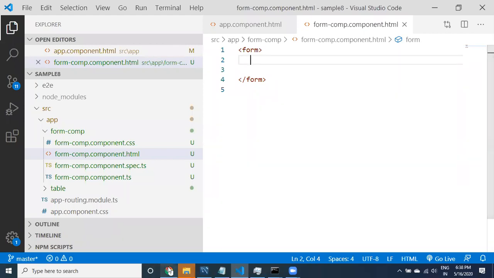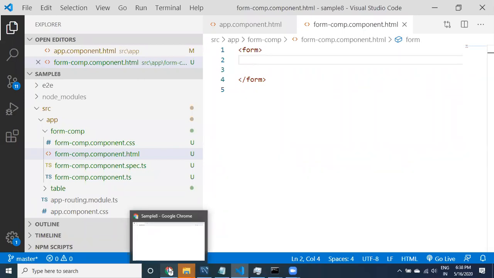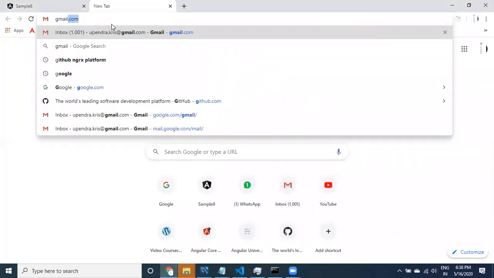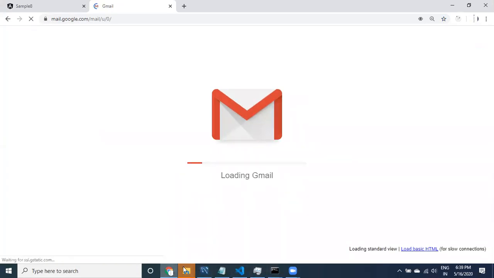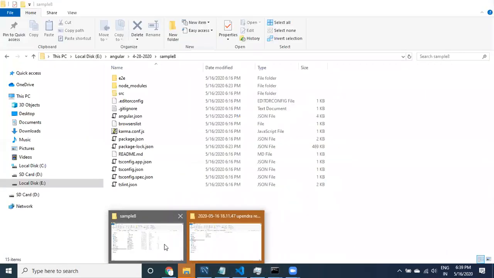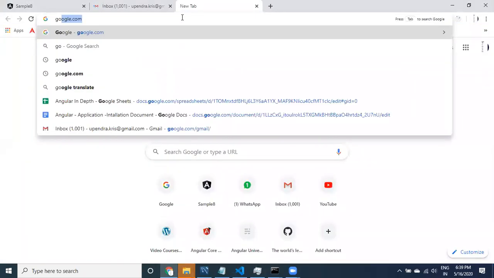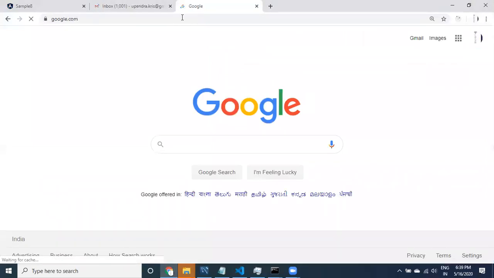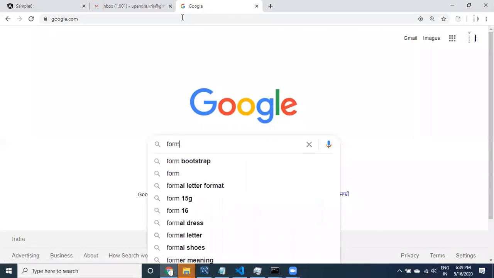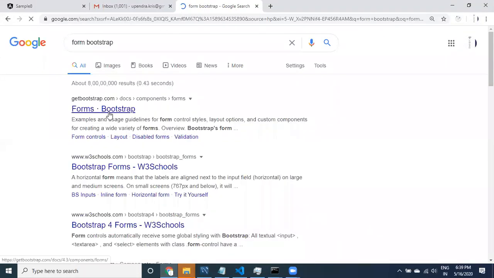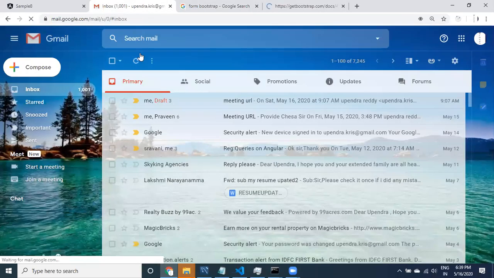For that, guys, you can provide a better UI using Bootstrap. Because Bootstrap classes are available, I'm going to use Bootstrap classes. Before going to that, I want to show you how form elements are displayed in Bootstrap. Let us go to that, and then you can see a better UI over here. So that's why I'm going to install this.